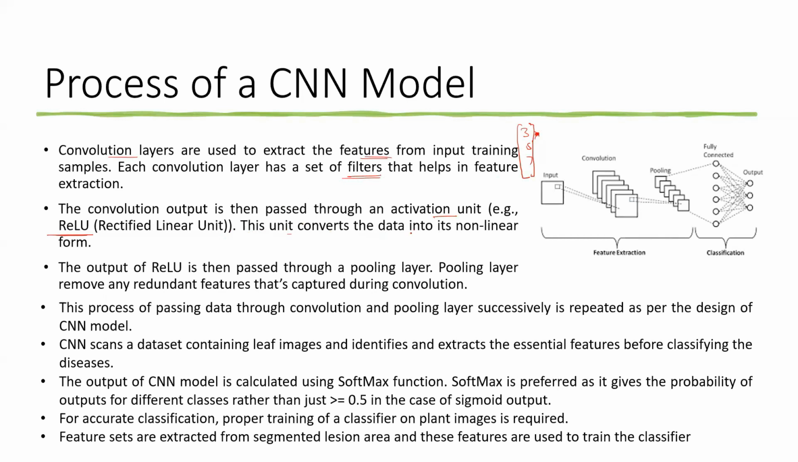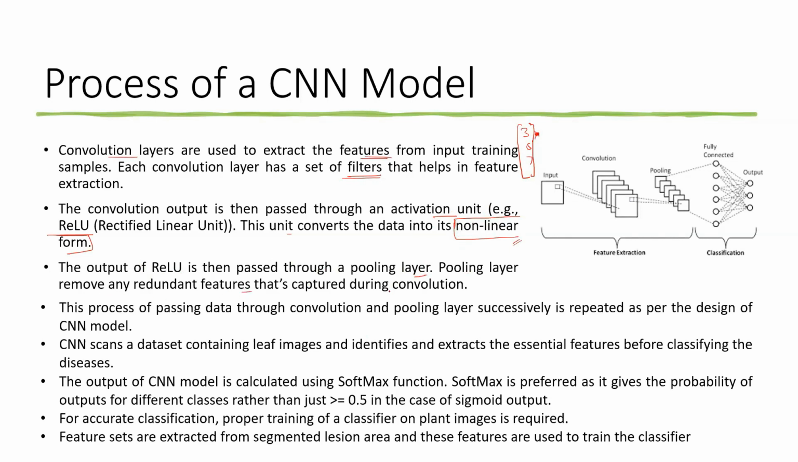And here the unit basically converts data into the non-linear form. So this is very important. As mentioned earlier, non-linearity is very important in case of a neural network. Whenever the activation function is linear, the neurons are not going to learn much. Okay, because in case of back propagation, you are going to adjust the weights and bias due to this non-linearity concept only. Okay, the output of ReLU is then passed through a pooling layer, and the pooling layer basically removes